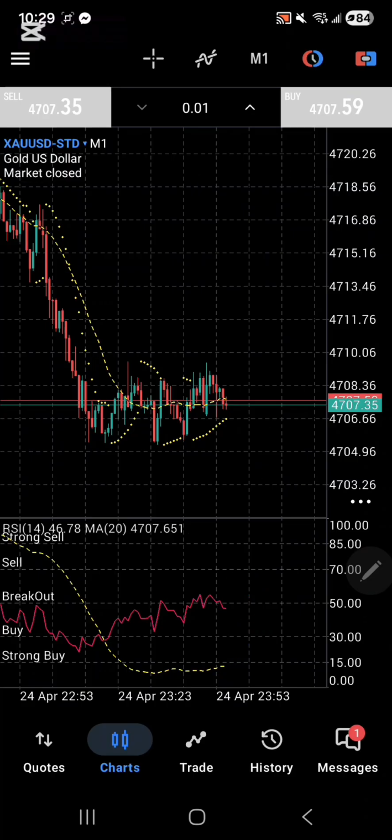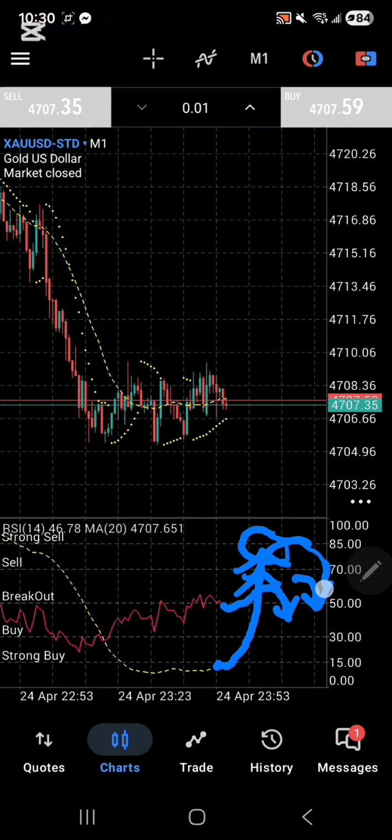And you can use this if this is a strong indicator. For example, if the moving average is going up and then this one is going down, meaning the sellers are taking over, and if it reaches the overbought area, you can consider selling, because the market needs to correct itself, and when the sellers take over, the price is going to go down as well.